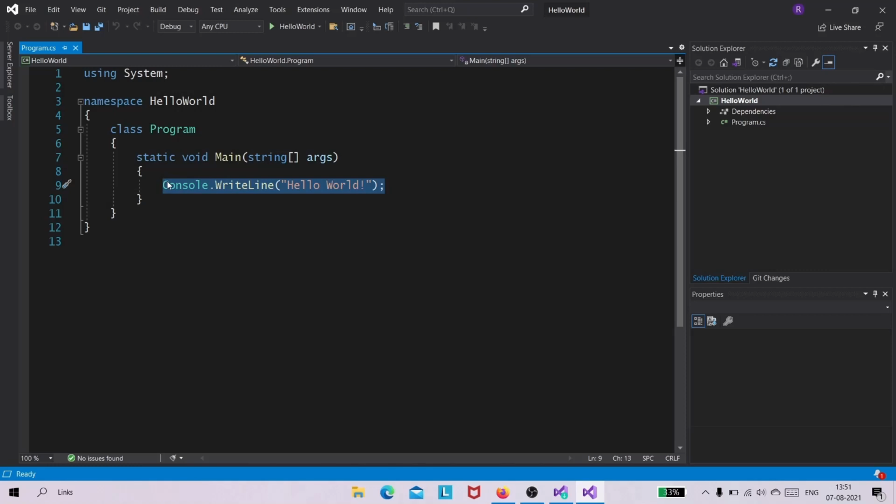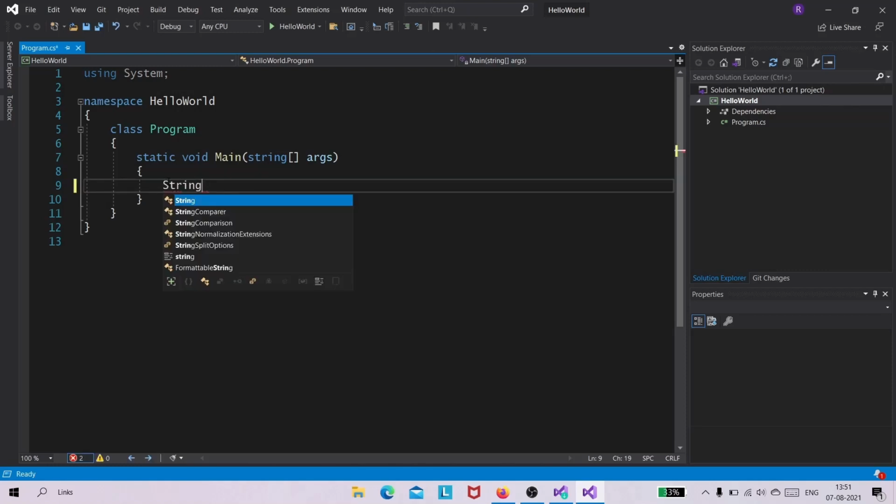For that I am going to create a string variable. I am going to name it name. Programming is just like mathematics, equating something with something.